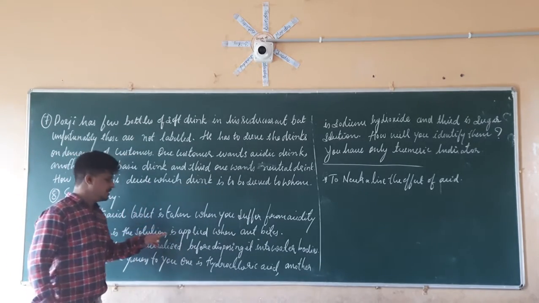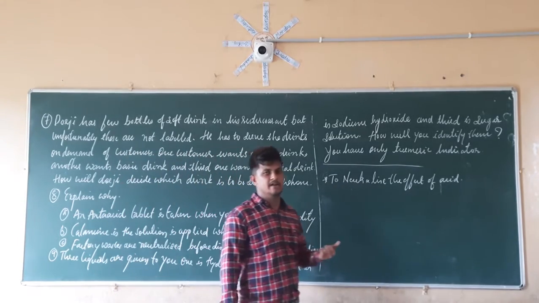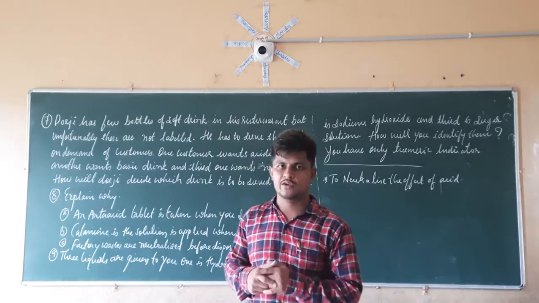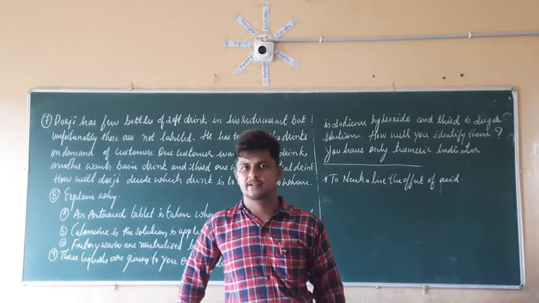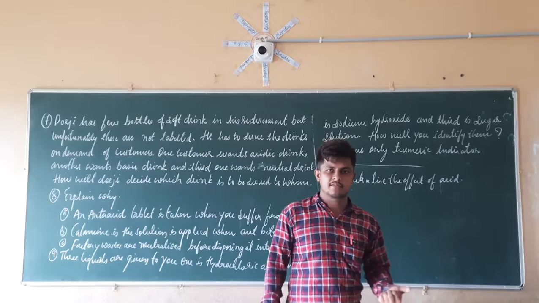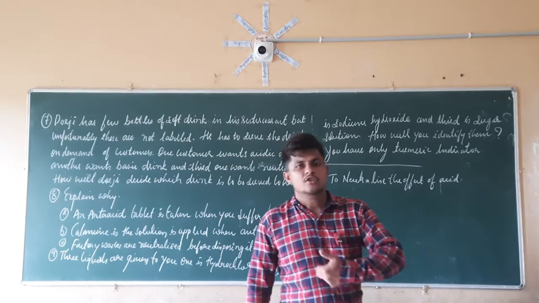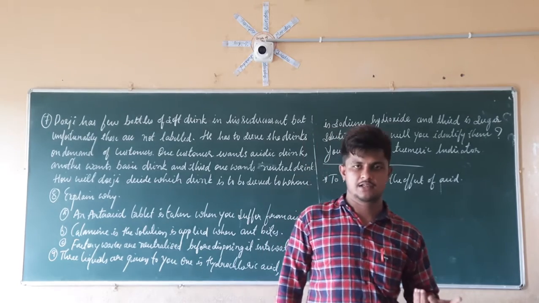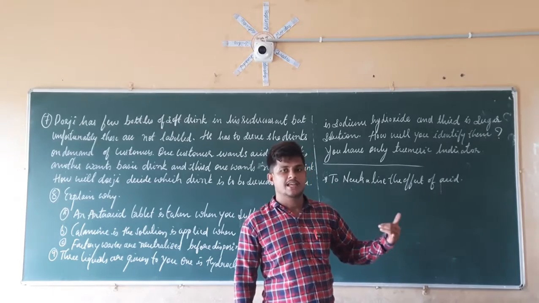Now question number B here. Calamine solution is applied when an ant bites. So we already know that when an ant bites, it starts burning as well as it starts to swell. Why does it start burning and swelling? The sting of the ant, or any other insect, contains formic acid, that is nothing but methanoic acid. So when that formic acid gets into our body, it gives the burning sensation as well as the swelling.